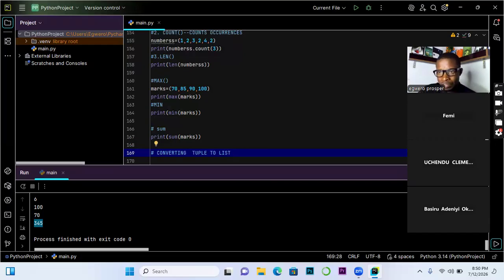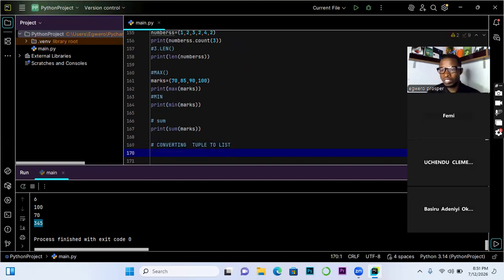So in that case, instead of creating a new one, convert it to a list, since you just want it to be tampered with. That is why I'm showing us this. All right, so we have the color tuple already. Now I want to switch it to a list. The only thing you are going to do is update that particular one, and the way you update it is that you use the same name.